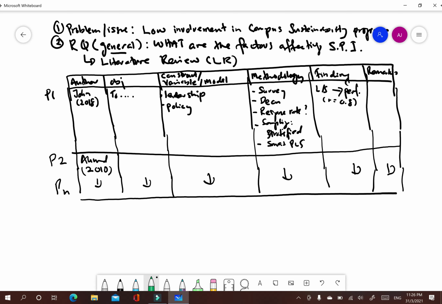For example, based on this information, the findings and also the constructs or variables used in the studies, normally we will list down all possible factors that may affect the sustainability program involvement.